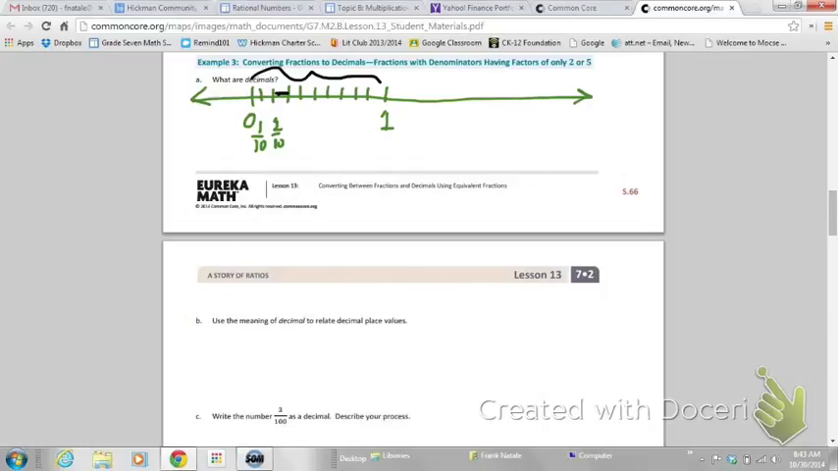Down here it says use the meaning of decimal to relate decimal place values. So we're looking at decimal place values. This is our tenths place. Here is 100th. This is now 1,000th. We'll go one more, and this is 1/10,000th. So the meaning here, as we talked about before on a slide earlier,